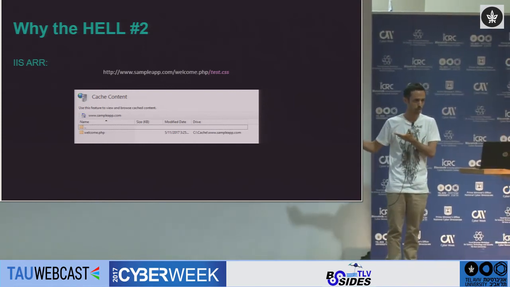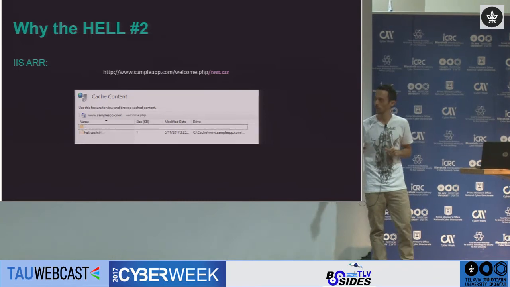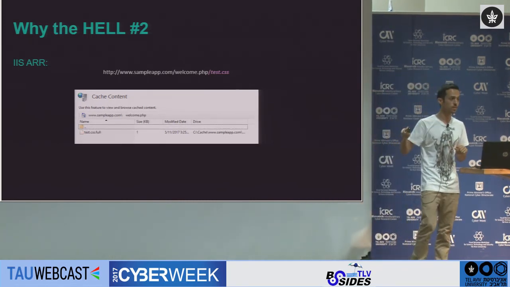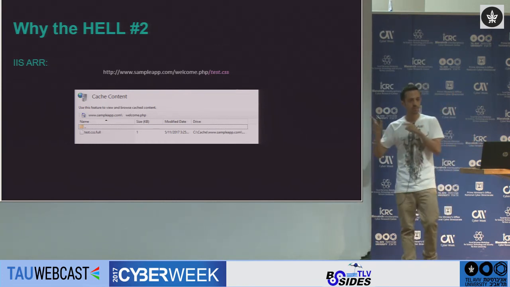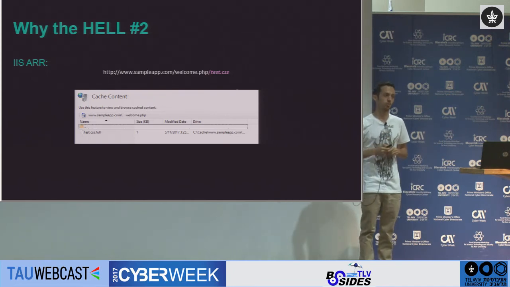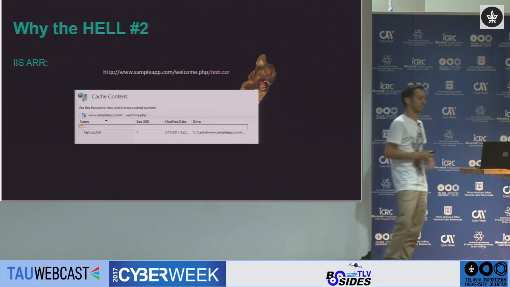But that's not really a directory, right? That's a file. Let's step into welcome.php, and we see a new cached file called test.css. But this file doesn't exist. But you already know what's inside this file. That's the content of the user's welcome.php page. And that's bad, but fantastic for us, right?